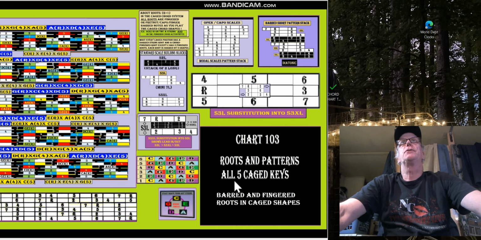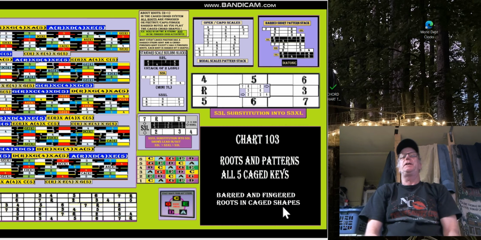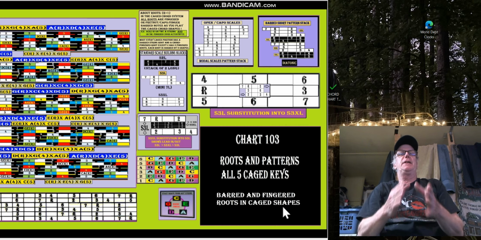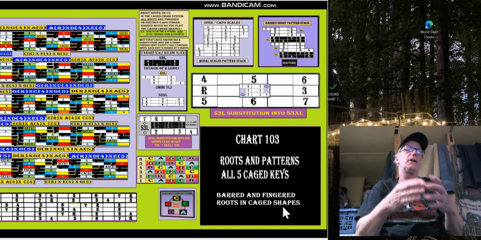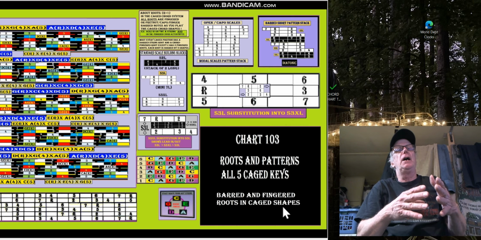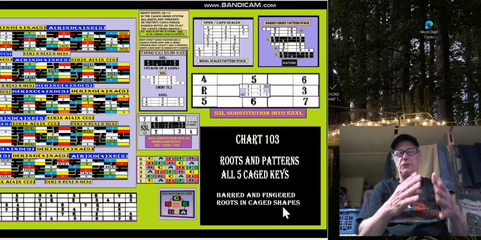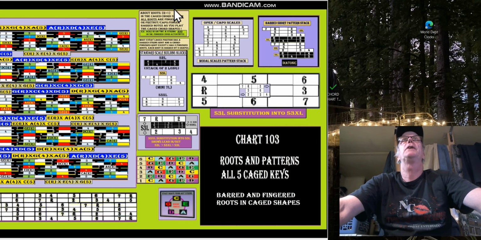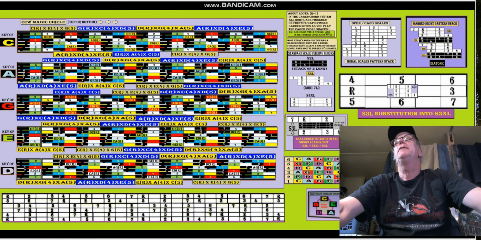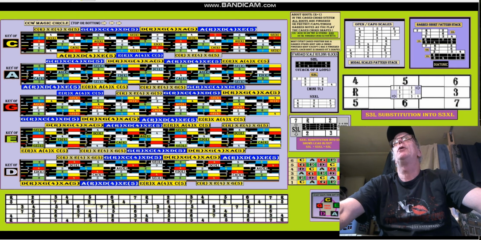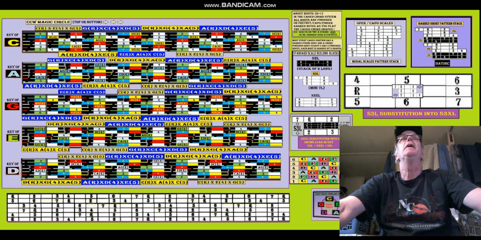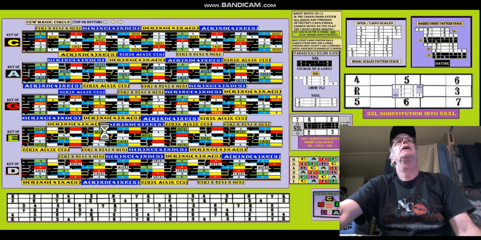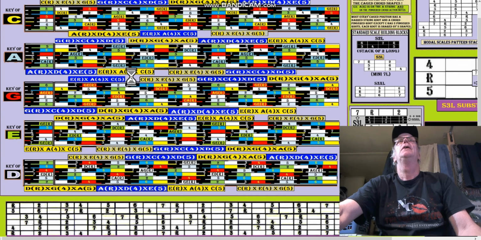Roots and patterns, all 5 CAGED keys, barred and fingered roots in CAGED shapes. I'm reading that, but I wrote it, so I've got this dedication and focus while I'm doing things during the chart construction, and then I'll come back to it later and wonder, what did I do? What was I talking about? If it gets to be that way, I'll put it on pause till I figure out what I was talking about. But this chart, the action in this chart is over here,